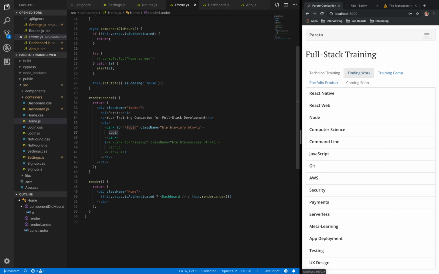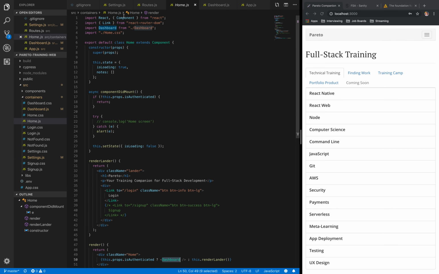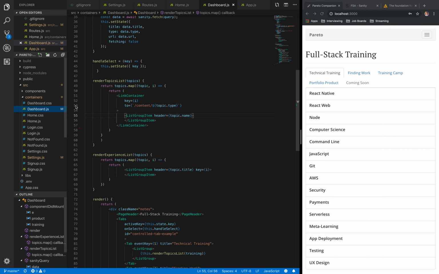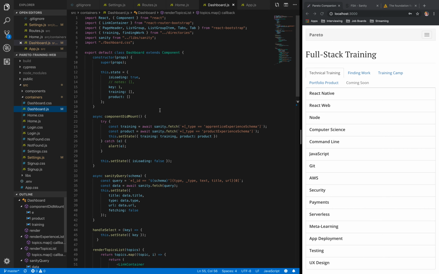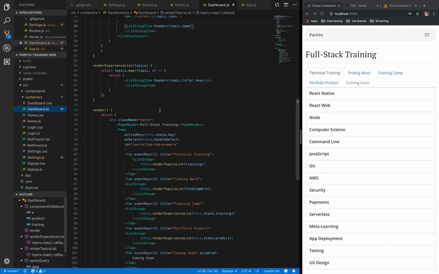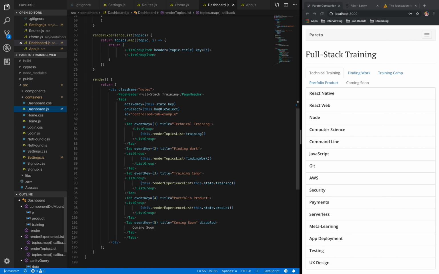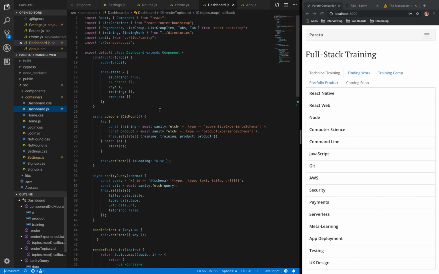So what's happening here is it's rendering the dashboard, right? So let's go to the dashboard component. Let's check it out. So yeah, this is definitely the most complex component we've seen so far, right? But there's not a whole lot that's too crazy here. So looking at the constructor, we define some initial state, right? We have some empty